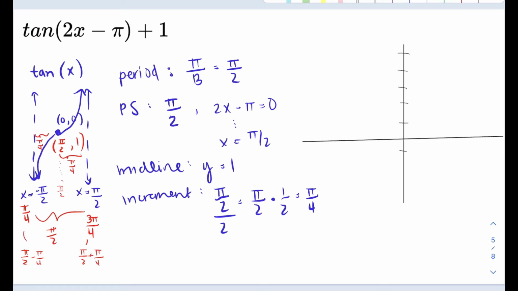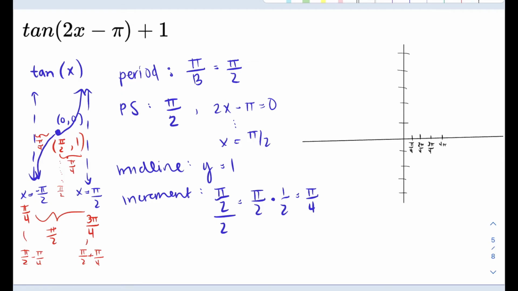This doesn't matter as much, right? This doesn't have an amplitude, so it's not going to be very steep. And then here's how we do this. My increment is pi over 4, so I'm going to put pi over 4 down. And then this would be 2 pi over 4, 3 pi over 4,